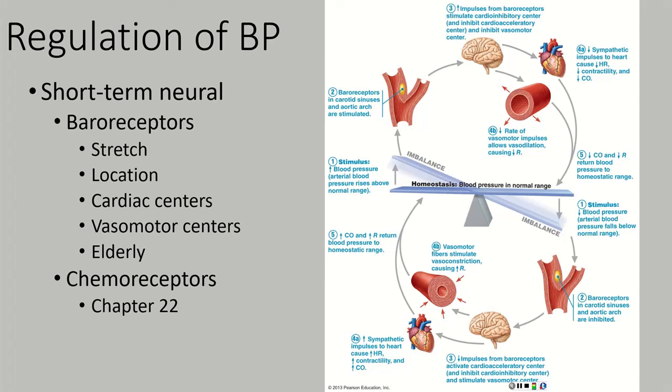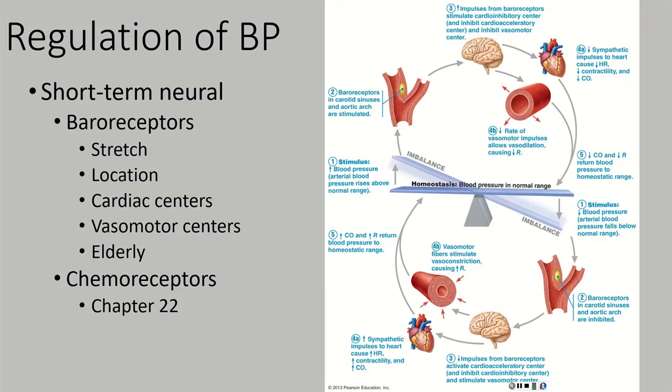Well, the baroreceptors, baro just means stretch. Baroreceptors are stretch receptors. And these stretch receptors are constantly detecting the stretch on these blood vessels just above the heart. Remember where they were? They were in vessels just above the heart. And based on the stretch, they can determine what your blood pressure is. So the way that works is we have a normal diameter of our blood vessels just above our heart. When our blood pressure is low,